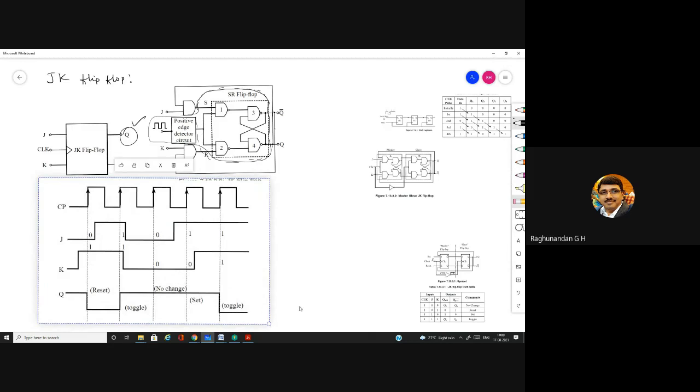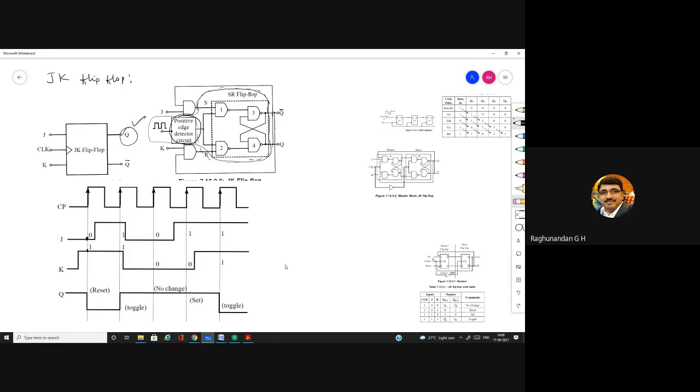Waveform plotting: you can see that as we are using a positive edge detector circuit, only when the clock pulse goes to the positive rising edge. So these are rising edges and this is the falling edge, as we discussed yesterday. Put a random waveform for J and also for K, with random pulses, and the JK flip-flop is just going to check at the point when the rising pulse is going high. Only during that time interval it is going to check.